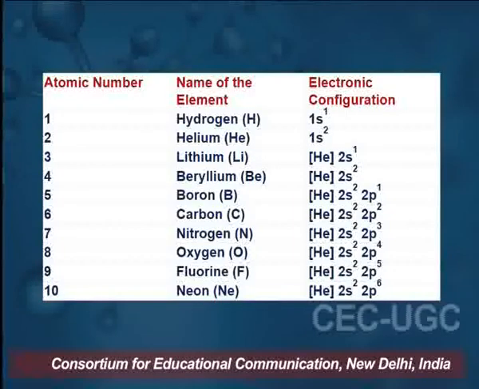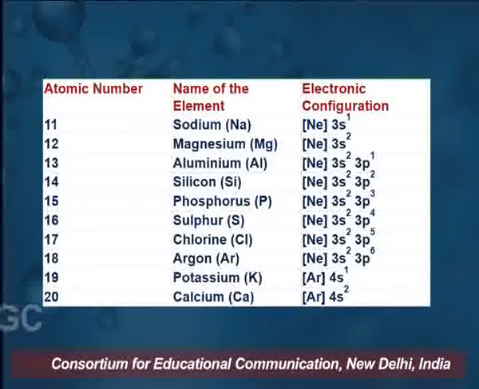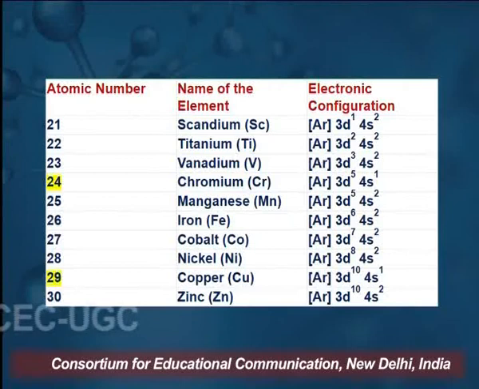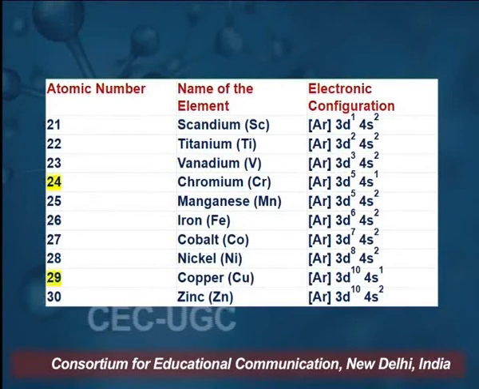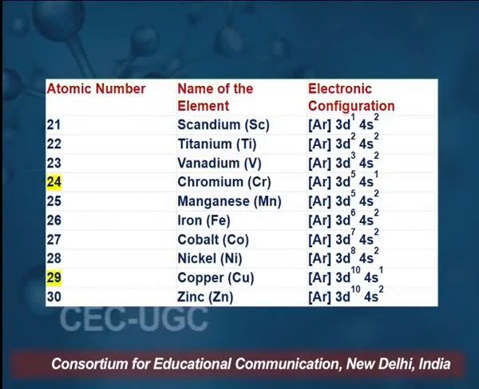These are the electronic configurations of the first 30 elements, and here atomic number 24 is the half-filled configuration, and atomic number 29 is the full-filled configuration. They are the exceptional cases, and I have just told you the reason for the stability of half-filled and full-filled